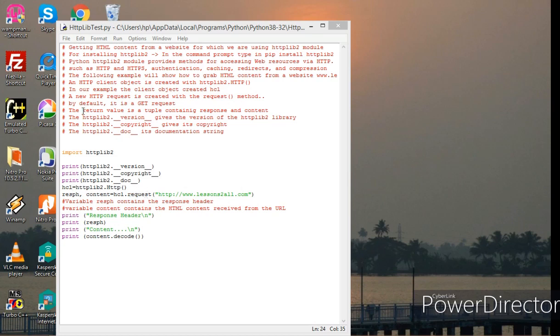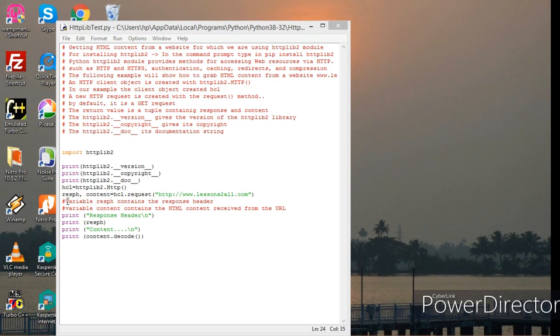So what does that request method return? The return value is a tuple containing response and content. Look at this, it is returning two things: one is resph and another is content. These two form the tuple containing response and content.